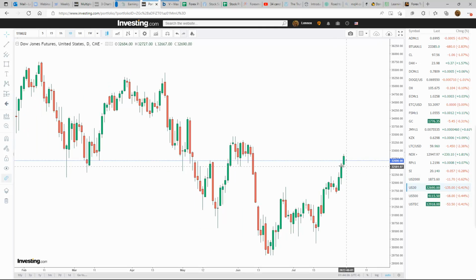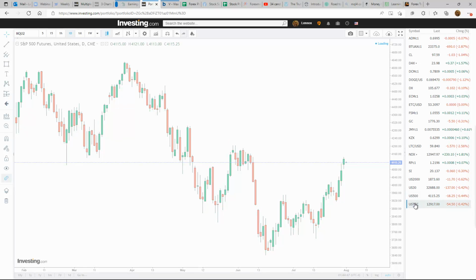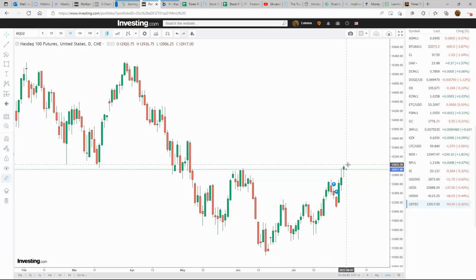Taking a look at the Dow, same type of move, just like the Russell, looking for further declines going into this week. Same thing for the S&P 500, exactly the same pattern, looking for further declines going into this week. And the technology group, you can see it's an identical chart pattern. Any push to the upside would more than likely be short-lived, and would be heading to the downside. All right, so that's a look at what's setting up for this week.